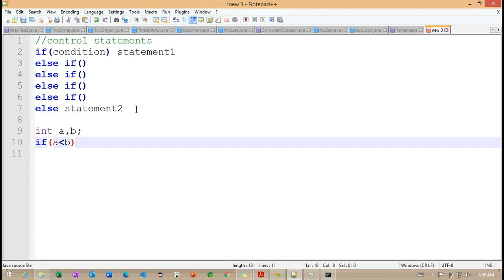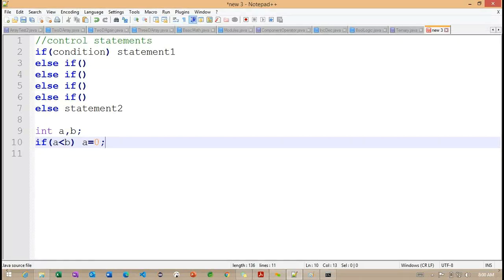If this particular a less than b is satisfied, then I'm going to work with statement 1. Inside this statement, a is equal to 0, which is nothing but initializing the a value.